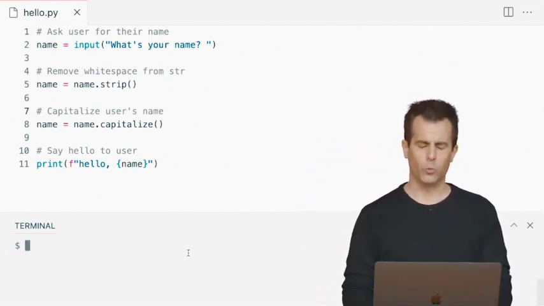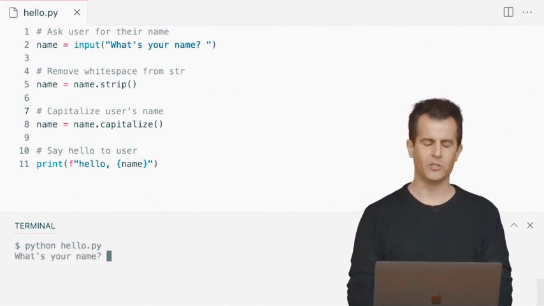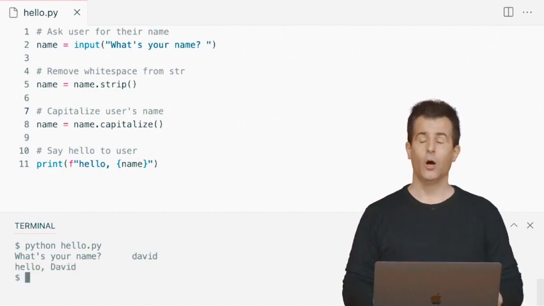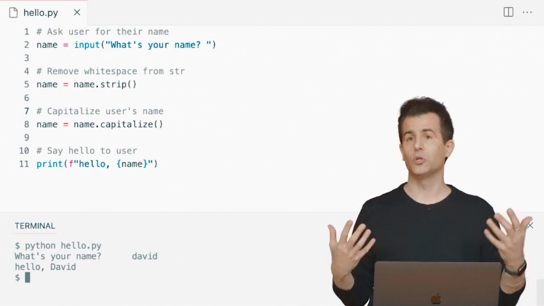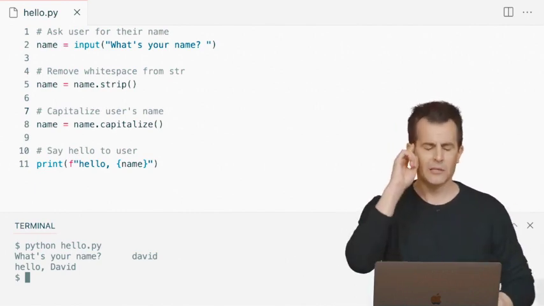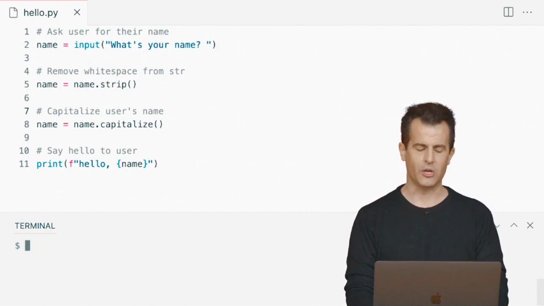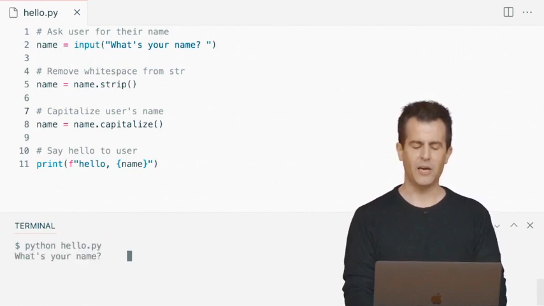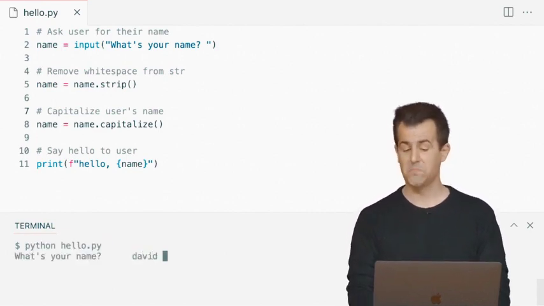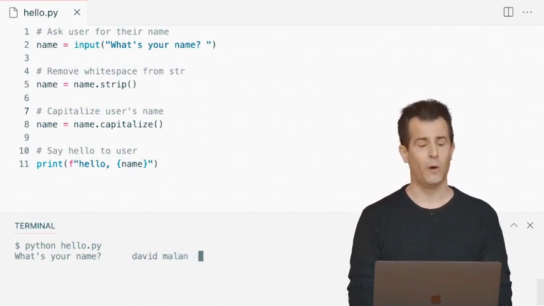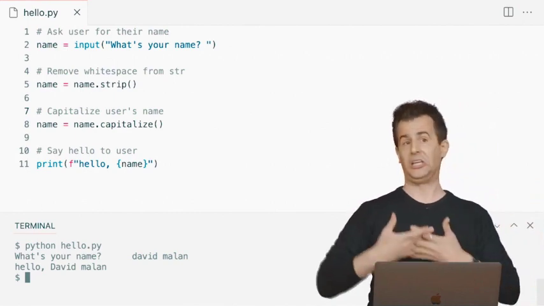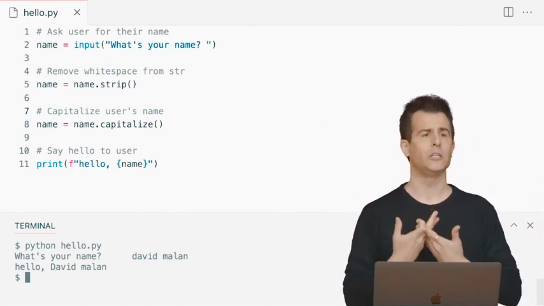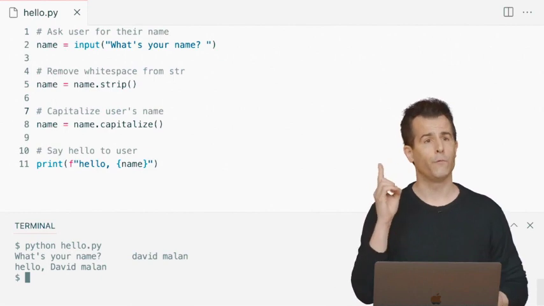What's now going on here? Well, let me go ahead and run python hello.py, enter, space, space, space, space, space, DAVID, space, space, enter. OK, now it's looking prettier, right? No matter how the user typed in their name, even a little sloppily, I'm now fixing that. But let's try something. I'm getting a little curious here. How about this? Space, space, space, space, space, DAVID, space, MALAN. I'll use my last name now. Enter. OK, so ironically, capitalize is not really capitalizing everything we want. It's clearly capitalizing what? Just the very first letter.